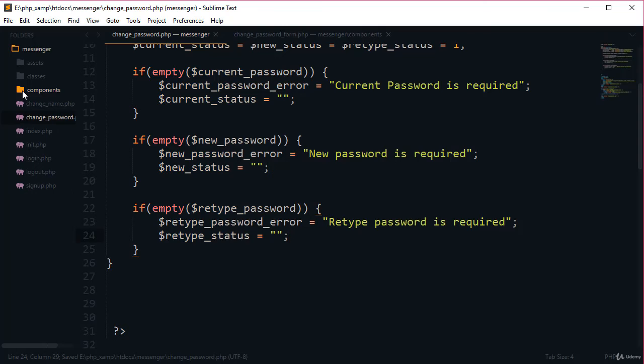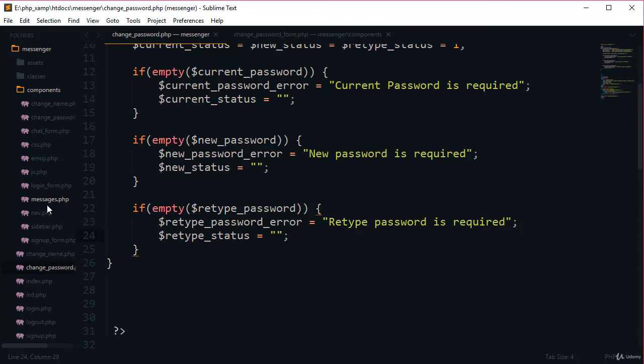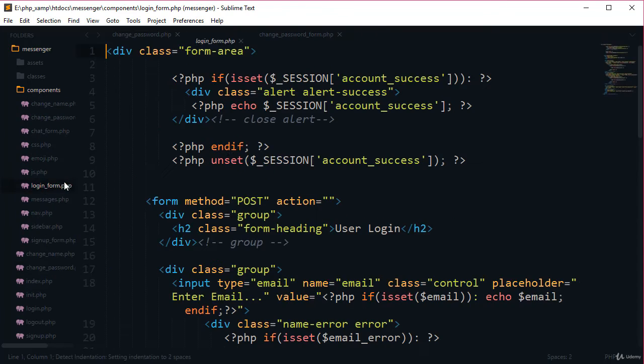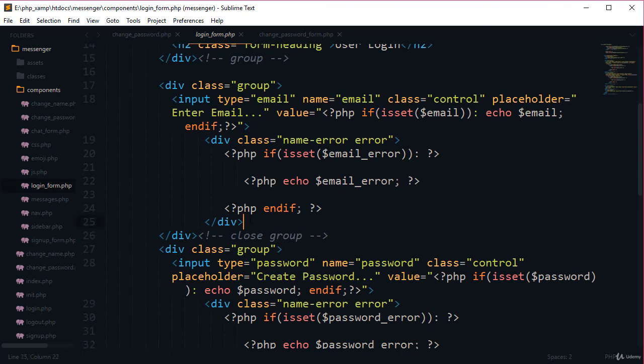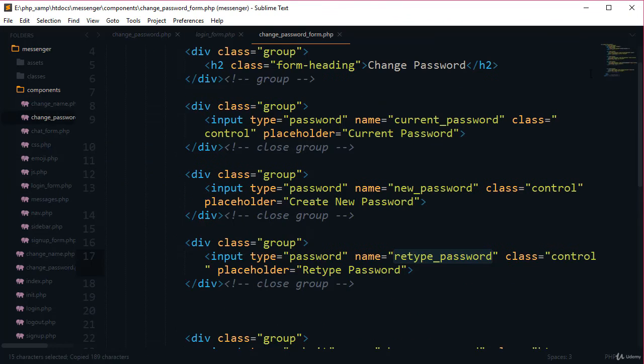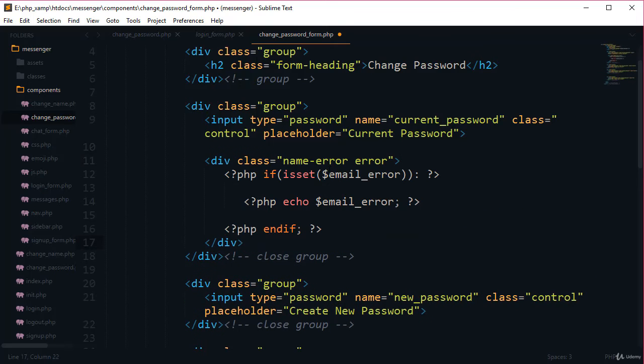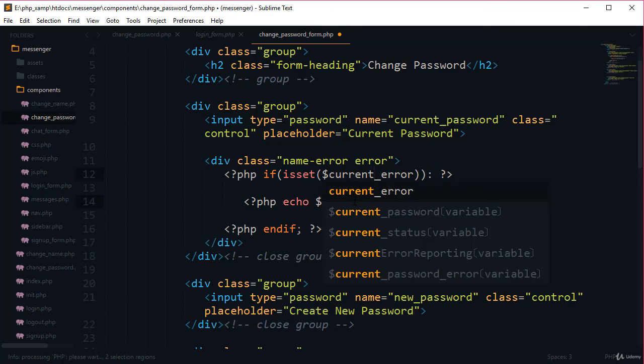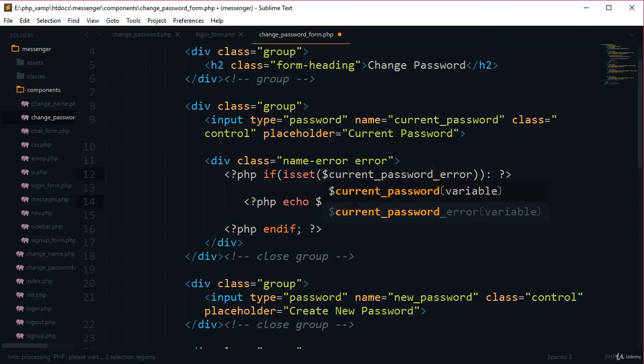But first of all go to the login form, and from here copy this line of code. Now go to change password and put the code here. Here just change this to current password error.